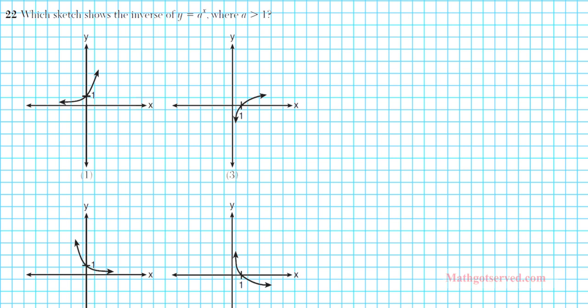So remember, if you want to find the inverse of a function, you have to reflect the function about the line y equals x. That's if you want to do it graphically, okay? So to find, let's write down some notes. To find the inverse of f of x graphically,